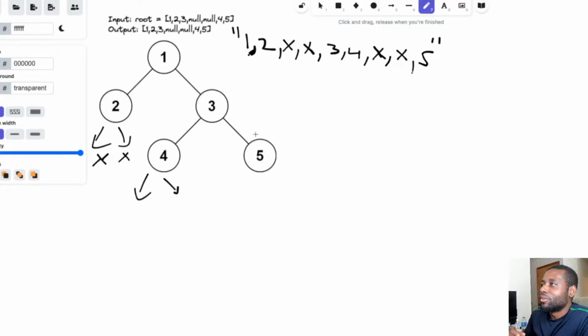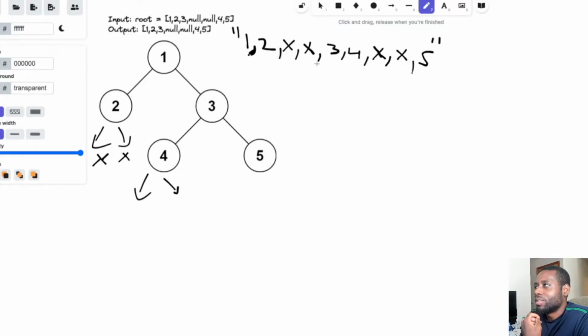That's kind of the issue now. Do we use an index to know the nodes that we've processed before? So how do we deserialize it? We visit one, and then I do index plus one.